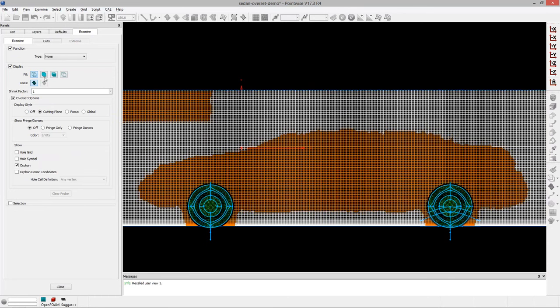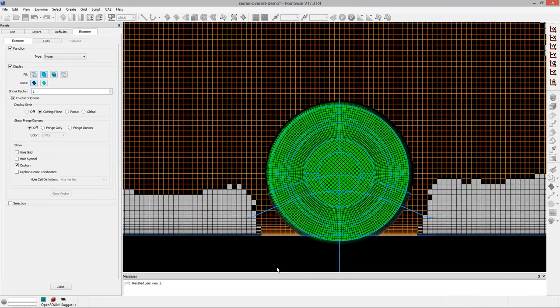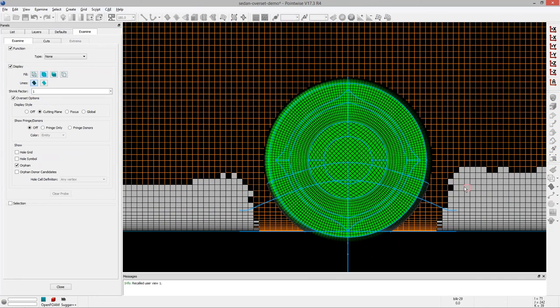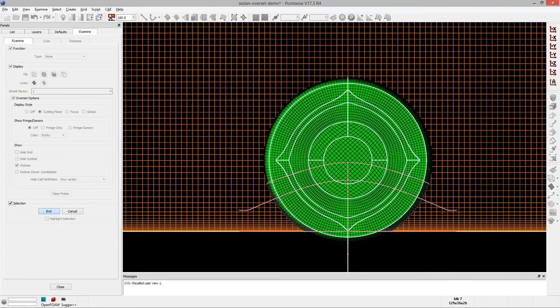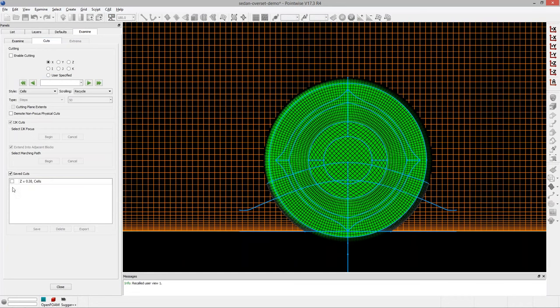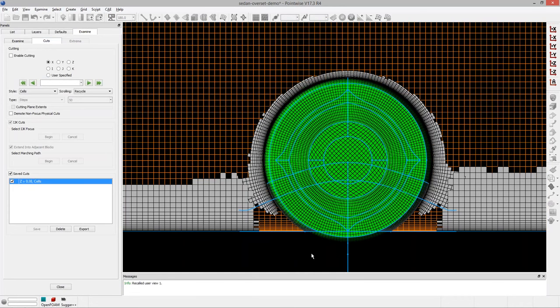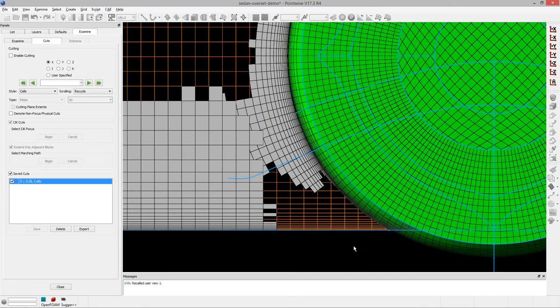Okay. Now, one thing I want to point out is back here at the wheel location. You'll notice that the background grid is not only being trimmed by the car, but it's also being trimmed by this wheel, which is a separate body as well. I'm going to bring the wheel volume into this as well and take the same cut. You can see that the wheel volume mesh is being trimmed by the vehicle body. Okay, and if we were to change the ride height, it would trim in different locations, but it's also being cut by the background grid. And so down here in this corner, we have this void because these two bodies are trimming each other, and we're left with a void.